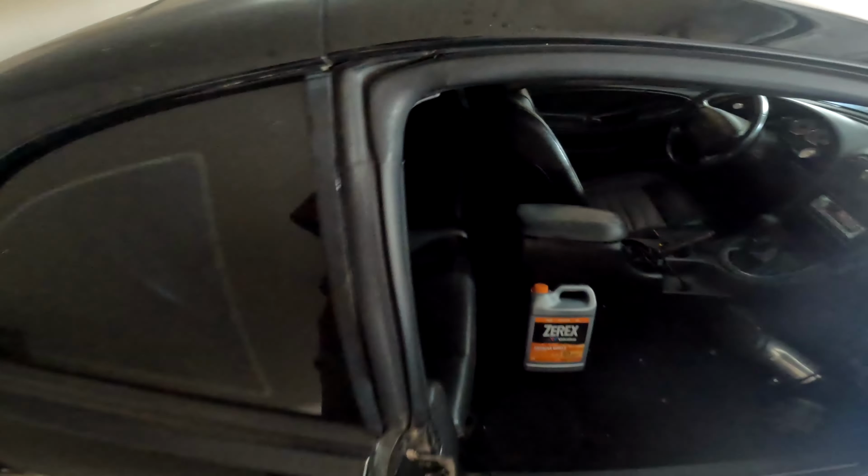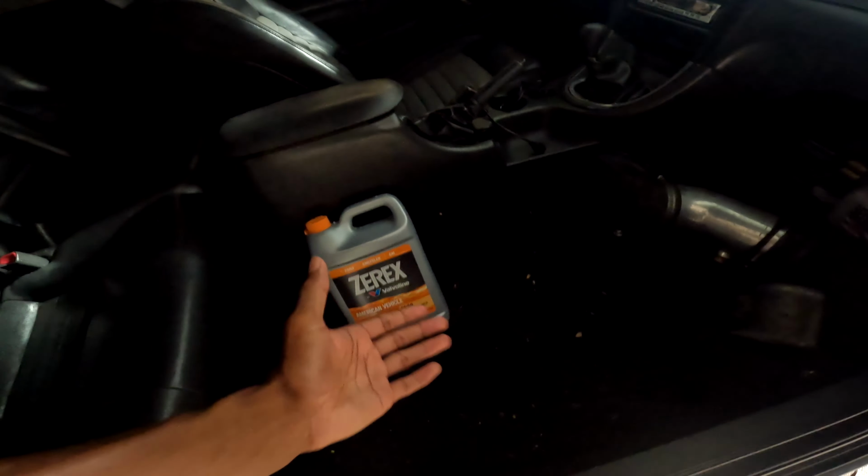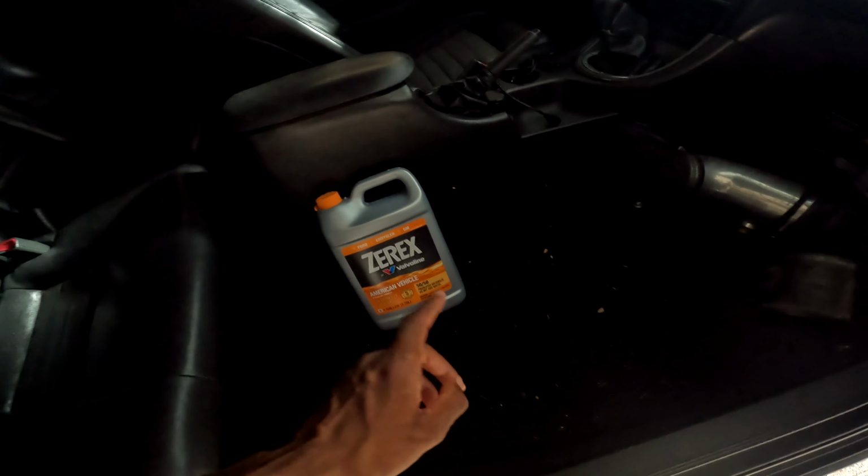So hopefully this is just a fuel pump, or my luck, a ground issue, and we can get this car running ASAP, because I've had it for a month and I still have yet to be able to enjoy it properly, which is honestly a damn shame. Now, looking in the interior of the car, it's pretty clean. I have the passenger seat out. I will go ahead and explain why the seat is out in this video, but this is actually still a